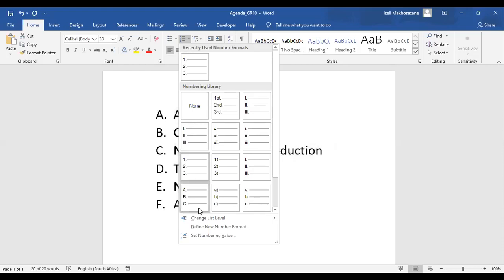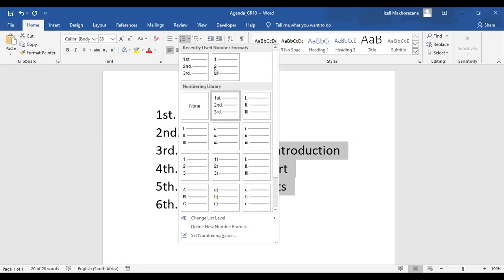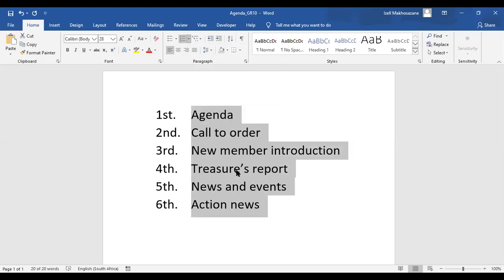But now, say you want your numbering to start at second. You don't want it to start at first. What do you need to do? You just need to go to your numbering. You select first, the first step, the text where you want to insert your numbering. It must be highlighted, it must be selected. So highlight